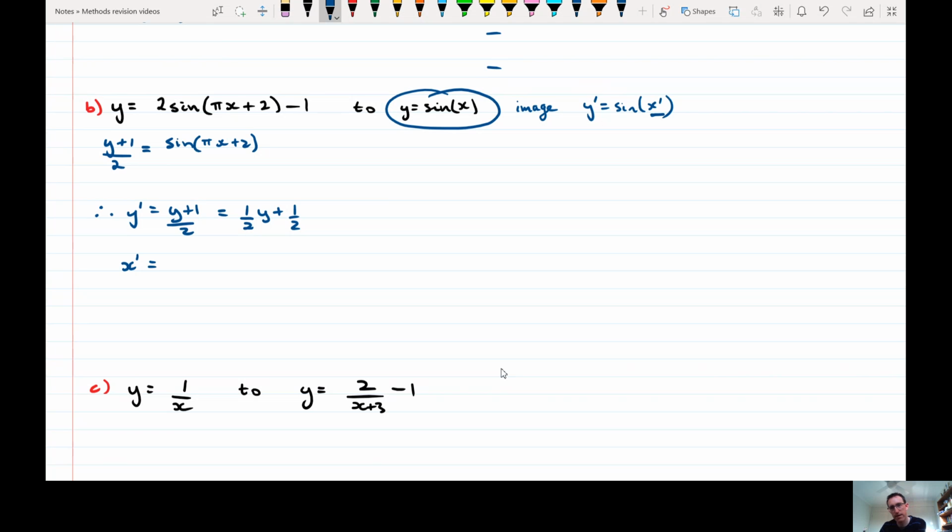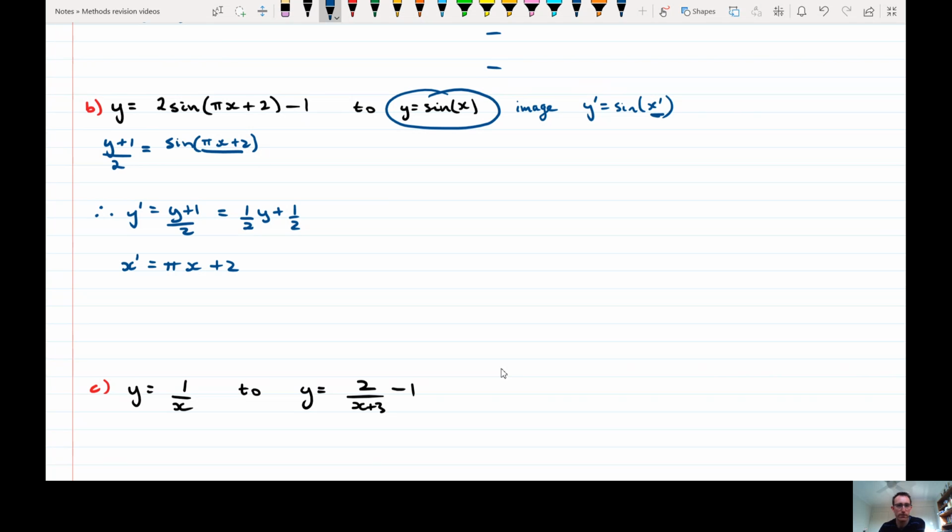Now, x dash is everything inside the sine function. Well, everything inside the sine function is pi x plus 2, and there's no transposing needed here, no separating because you haven't got a fraction. It's just 2 symbols as it is. So now what we do